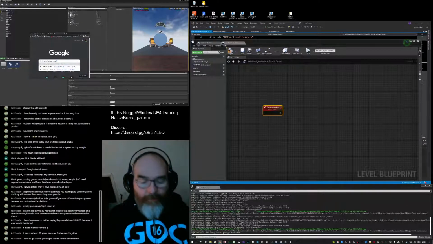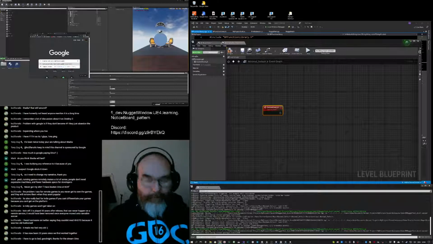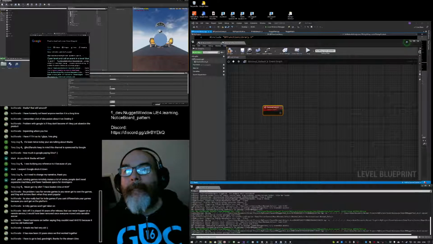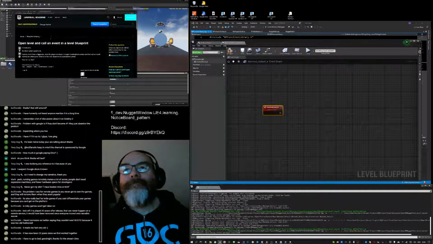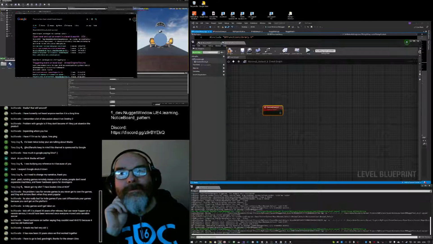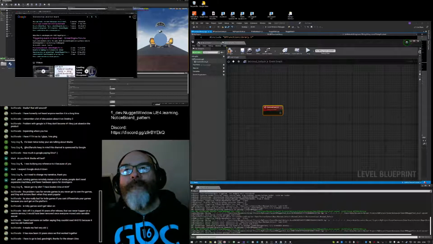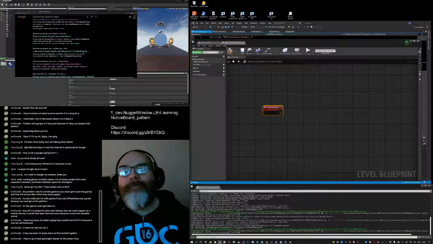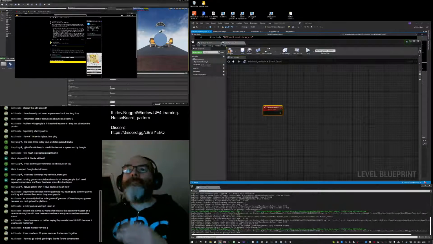Unreal. Oh. Get from the trigger box. Proper way to initialize after level load.